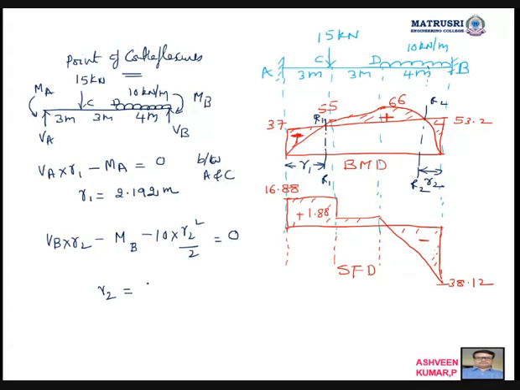You solve using your calculator. Then we will get x2 is equal to 1.839 meter and 5.785 meter. You will get it. Okay. So which one you want to consider? From here I am saying it should be less than 4. It should be less than 4. So this will cancel. So 1.839 meter and 2.192 meter. You can say from the left end, and this you can say from the right end. So these are about the total problem.